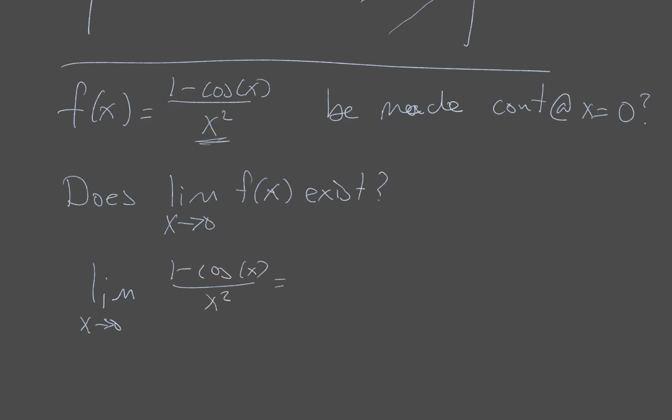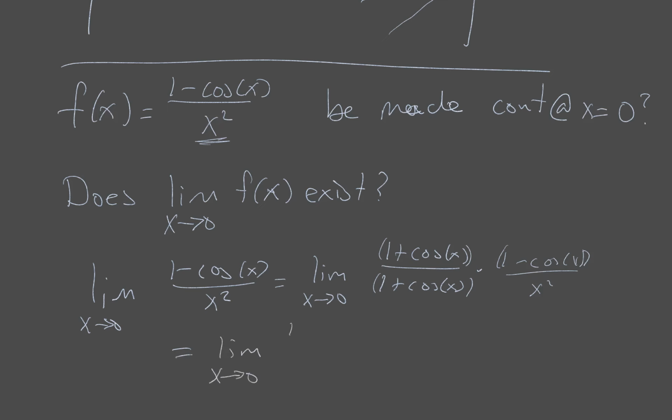Well, we're going to use our trig difference of squares idea. So I've got this limit, x goes to 0, and we multiply the top and bottom by 1 plus the cosine of x, and I have 1 minus the cosine of x over x squared as the original stuff. So we're going to multiply top and bottom like this, and I'm going to end up with the limit as x goes to 0 of 1 minus cosine squared of x divided by 1 plus cosine of x times x squared,